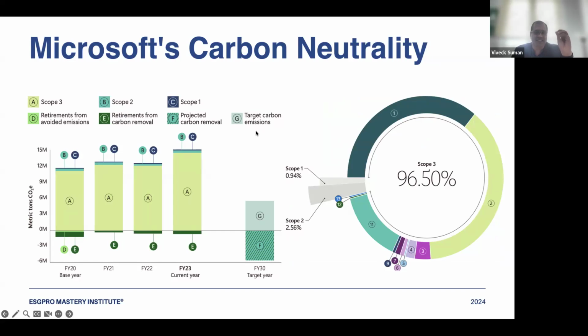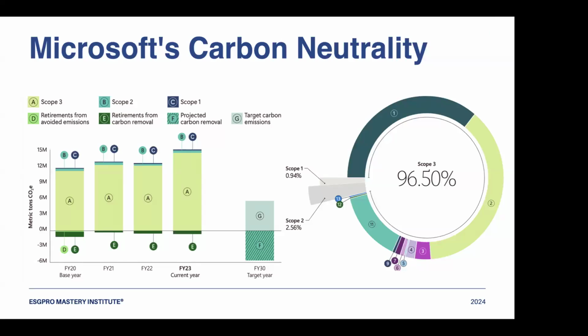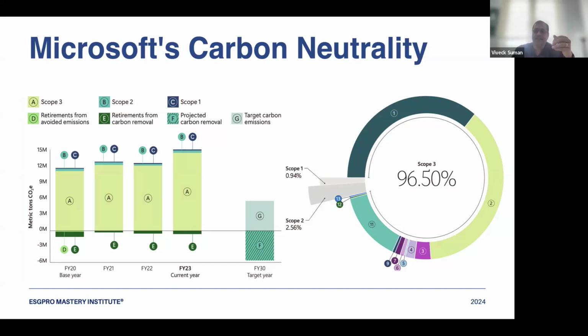Please understand three things here. First of all, a few numbers. The biggest number is 96.50. Can you see that in the center of a circle? 96.50. That number is generally very high, which indicates that this company has a heavy reliance of their carbon emission happening on the vendor side or customer side.